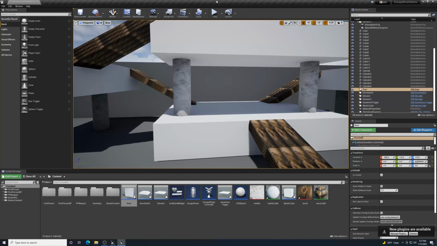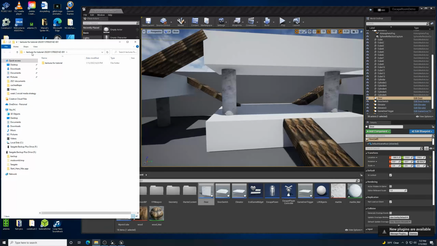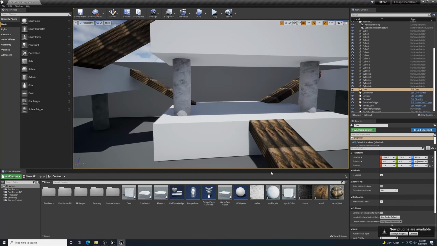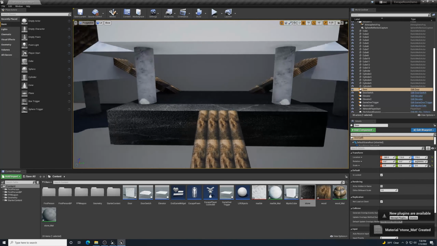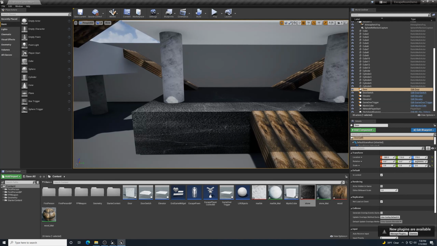So looking in my folder, closed out of that, I shouldn't have done that. Going back into my textures here, and there's the stone. I'm going to bring that stone in here. And let's just see how this looks on this. Maybe a little too big on that one. So if I go into stone,